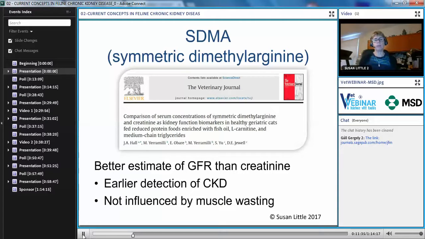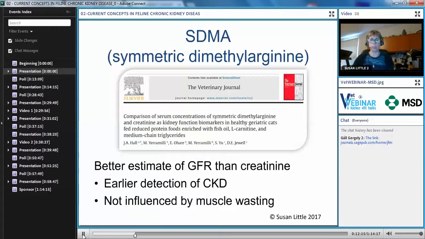But it turns out that SDMA is an even better estimate of glomerular filtration rate than creatinine. So it will detect chronic kidney disease much earlier than we are used to seeing if we only look at serum creatinine. So we know, of course, that serum creatinine doesn't rise above the reference range until cats have lost at least 2/3 of their renal function. So in reality, serum creatinine gives us quite late diagnosis of chronic kidney disease. And we need tools like monitoring trends in creatinine, monitoring for weight loss, and now SDMA to give us that